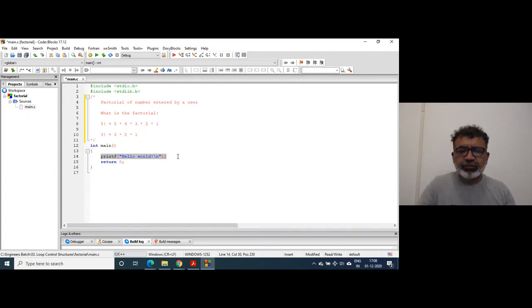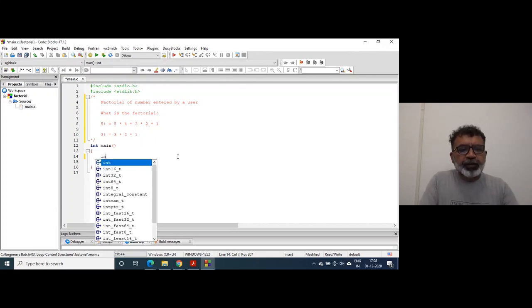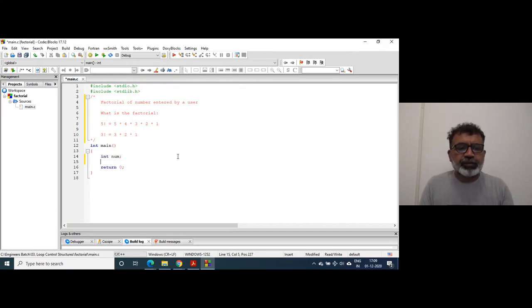So how can we try it? Let me declare one number. This will be the number in which we will take the input, right? There should be one number as fact, suppose, in which we are going to store the factorial.